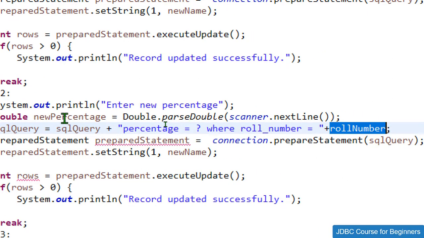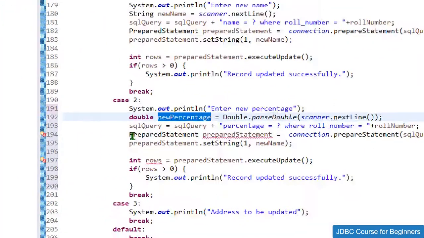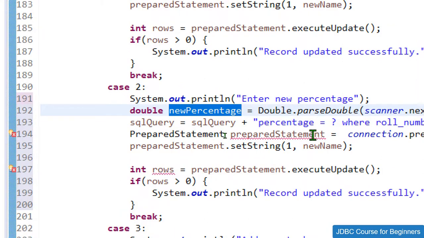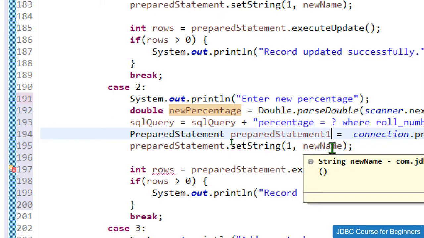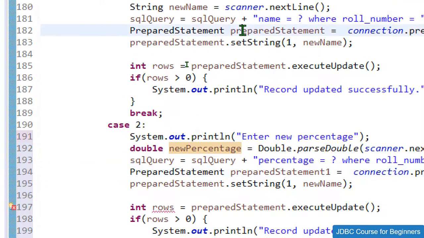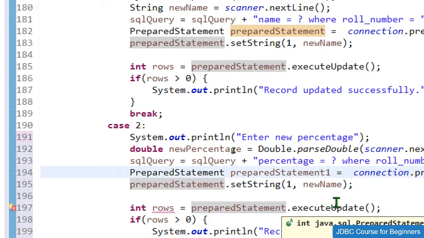So instead of the roll number I just need to keep this roll number itself, and then I just need to use prepared statement. So instead of this prepared statement I will give the name as prepared statement 1. Because over here we have already created this prepared statement, that's why it is giving me the error due to the duplicacy.